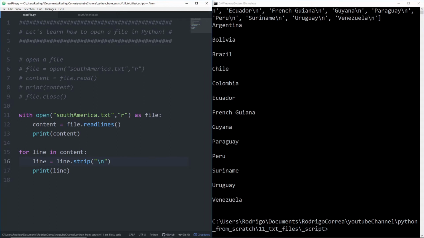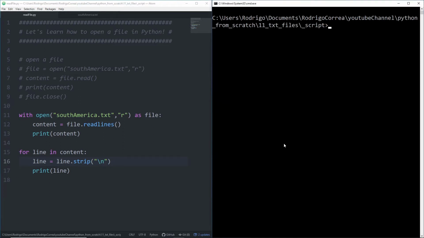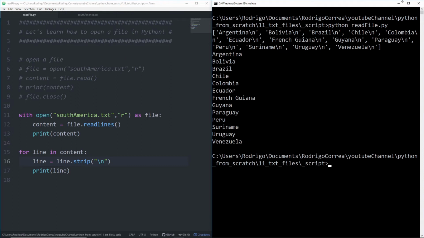Then I will say line is no longer Argentina \n, but only Argentina. Why? Because I'm stripping the \n. Now if I save it and run it, look what we get. The first return here, the first print, that's because of line 13. Then we post-process that, we delete all the \n, and we no longer have an empty line in between the